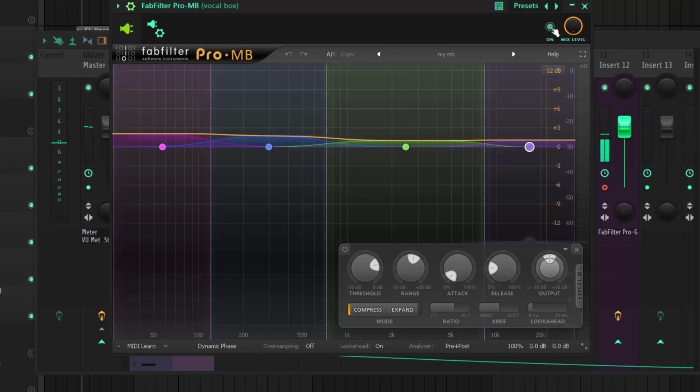So I like the fact that it's bringing some kind of presence and some kind of harmony into it, making my vocals very thick and heavy, like standing out in the mix. I like the fact of that. That was what I was trying to achieve there.